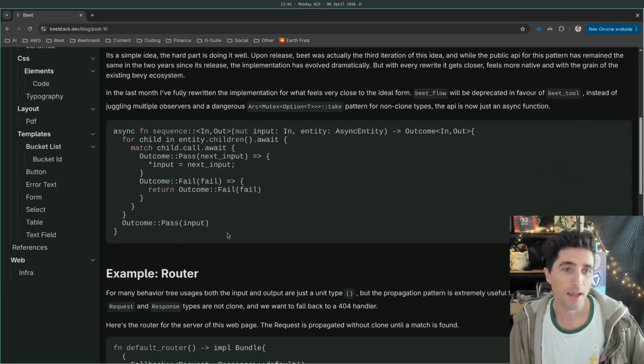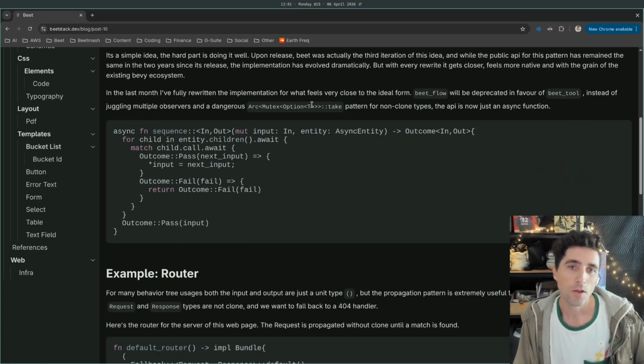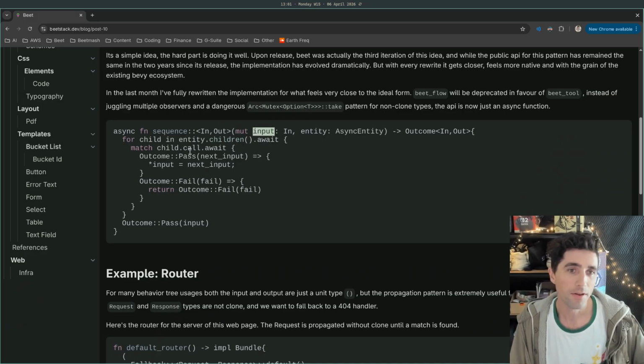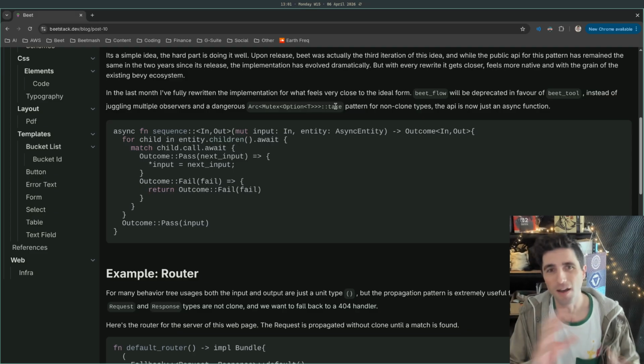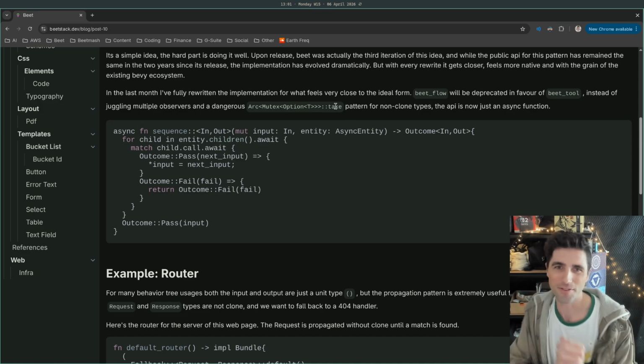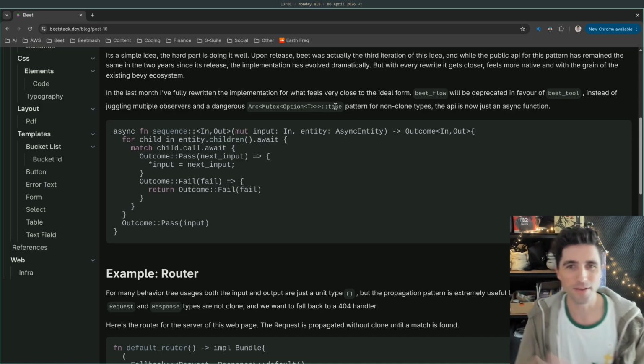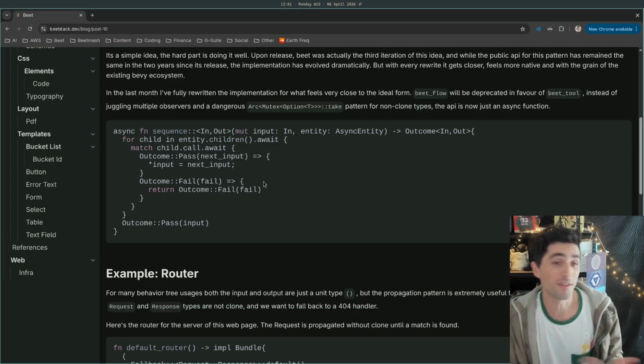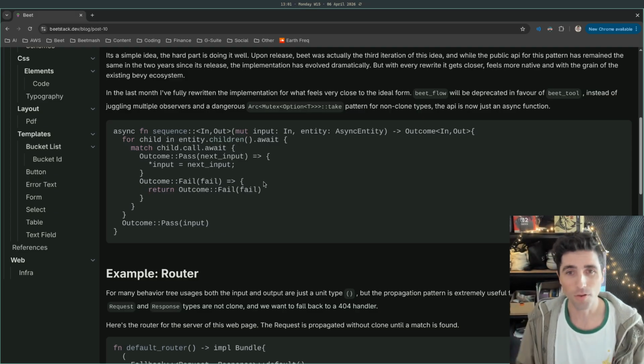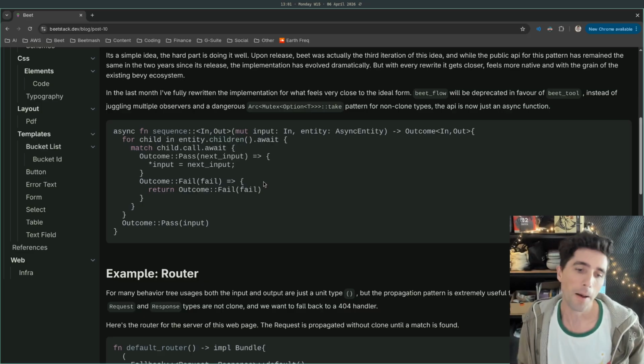For example, in a sequence, you can just pass the input around. In an event, you've got to do this Arc Mutex option take: oh, I hope someone hasn't already taken it, or I'll have to return an error. Whereas this is a safe kind of single function. So things are a lot nicer under the hood.